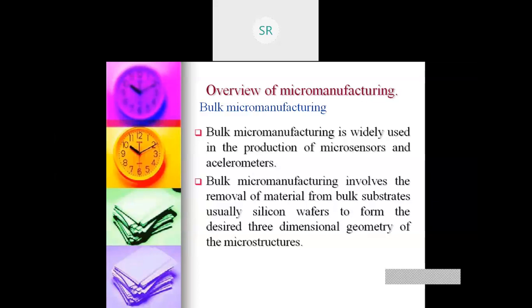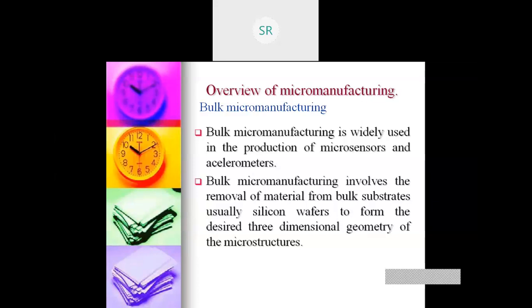And the second advantage is the silicon structure. The structure is almost like that of steel. It has a Young's modulus of 2 × 10^5 MPa. And the third advantage is that it has a melting point of around 1400 degrees Celsius.